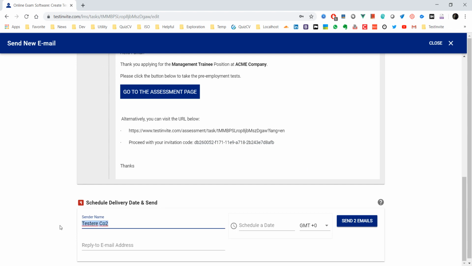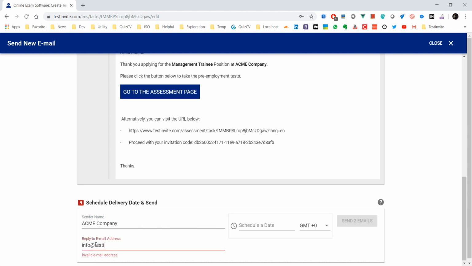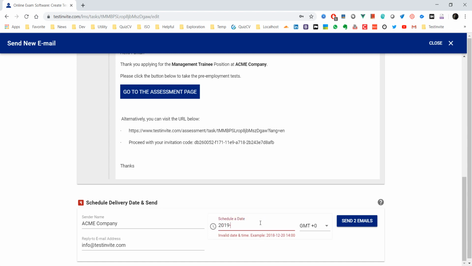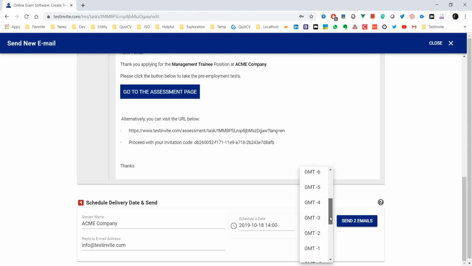So let's set a sender name. It is Acme company. And if the user replies to this email, which they may, I want them to reply to info@testinvite.com, so that I am notified. I can schedule the sending of this email. I can say, for instance, okay, send this email on October 18th, at 2 o'clock, let's say GMT. Okay, now if I click on send emails,